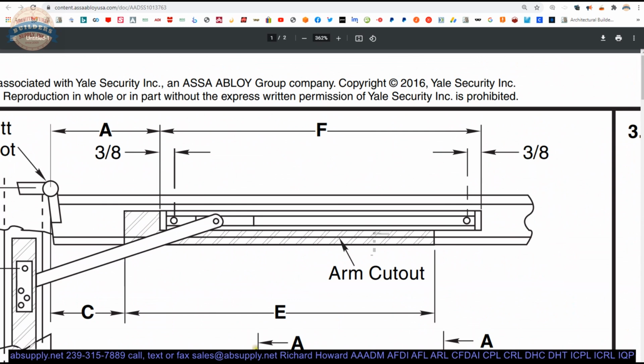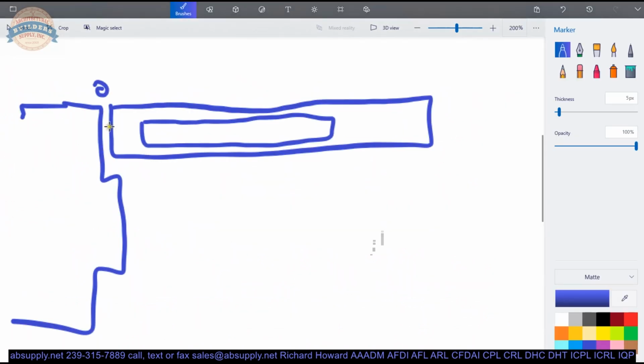C dimension is 0 here. So what that's going to look like, that's all going to be gone. That's all going to be gone. So everything here that's solid, that's all gone. A 1/4 inch deep. Oh, anyway, you get the picture. All that's going to be gone. So at the end of the door, looking at it this way,